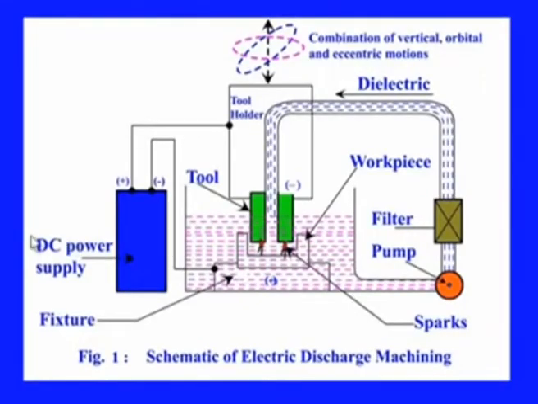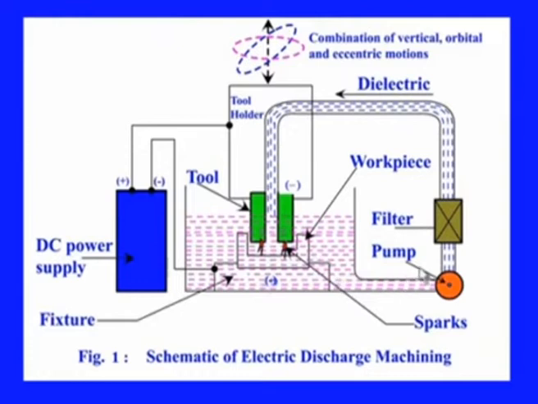The EDM process is explained in this schematic. This is a clear schematic on the screen. So, this is what I was talking about, the power supply which provides the power to the workpiece as well as the tool. The tool will be generally connected to the negative end of this power supply, and the workpiece will be given the positive polarity, positive connection, and then this is the